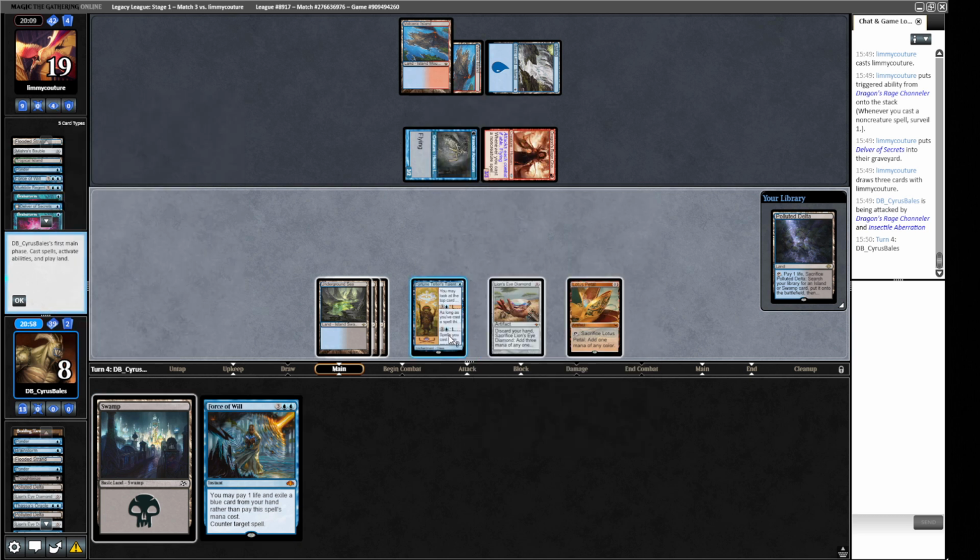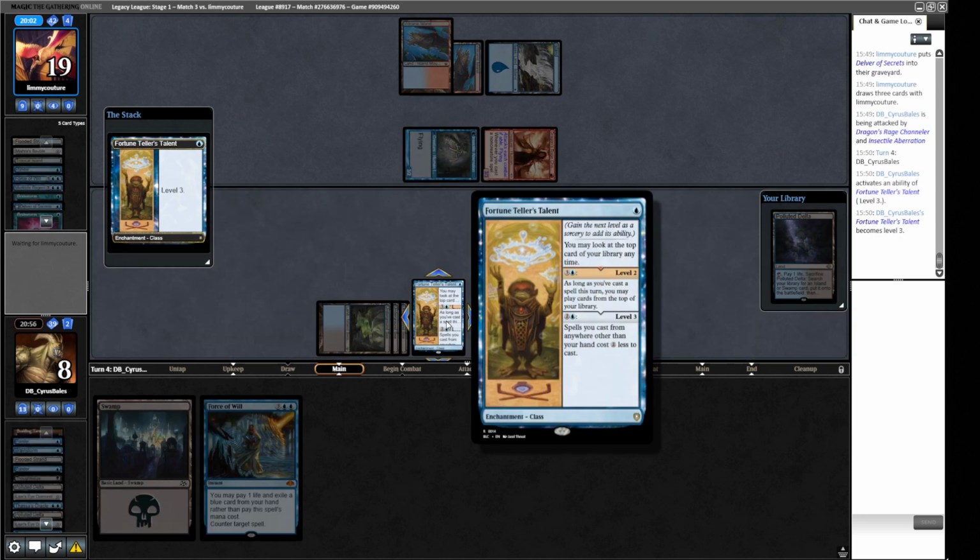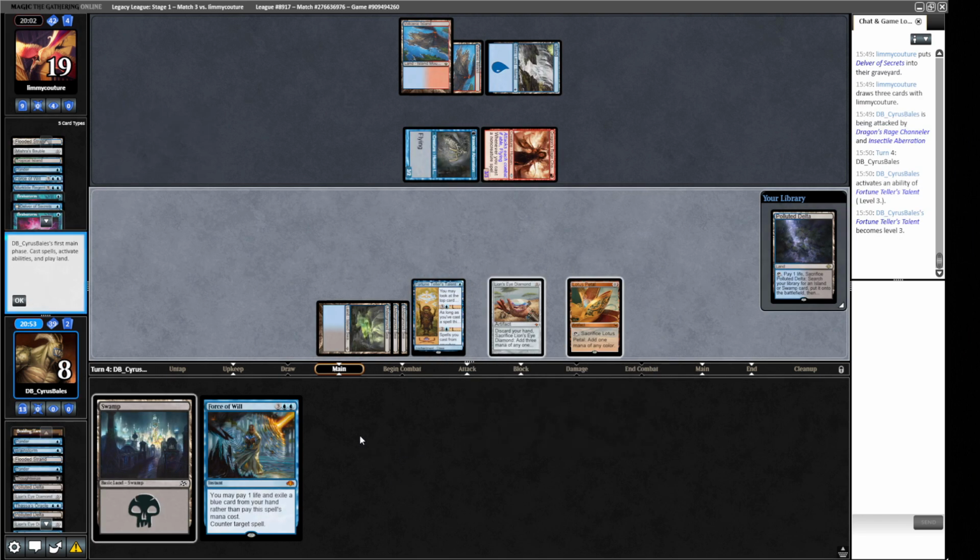I don't know. Okay, let's go to level 3. We're very dead to Lightning Bolts. This level 3 is unlikely to be relevant. Do I want more mana to cast more spells off the top of our library, or do I want...